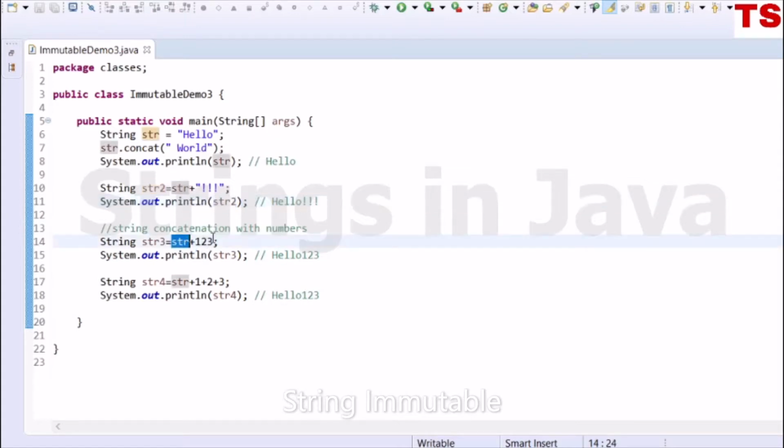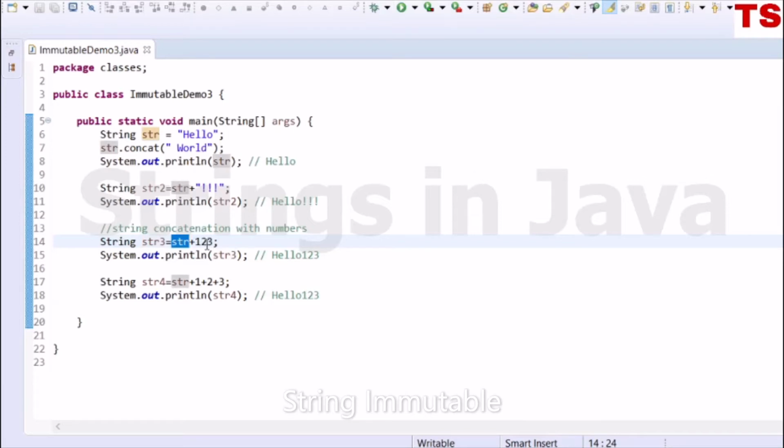str plus 123. Now here plus, as I said, is an overloaded operator which concatenates the string with other data types. Here the string is concatenated with an integer. Now this integer will be converted to a string and then concatenated to str.